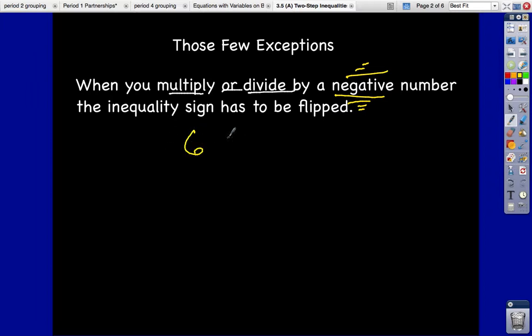So I'm going to give you a true inequality. 6 is less than 12. Now we know that's true. 6 is definitely less than 12. But if I was to divide both numbers by -2, I would end up with -3 on the left and -6 on the right. And now it's a false inequality because this is saying that -6 is larger than -3, and we know that's